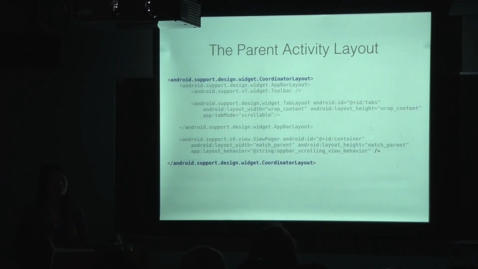So in order to achieve this material design tab style navigation, we need to create a layout with the coordinator layout as the root. The coordinator layout was introduced fairly recently with the design support library. I'm using it here as well as in the single pane layout that we looked at earlier and the navigation drawer example that we'll talk about next. Coordinator layout is described as like a super-powered frame layout. It just allows us to specify behaviors for child views, allowing us to coordinate them so that they can interact with each other.